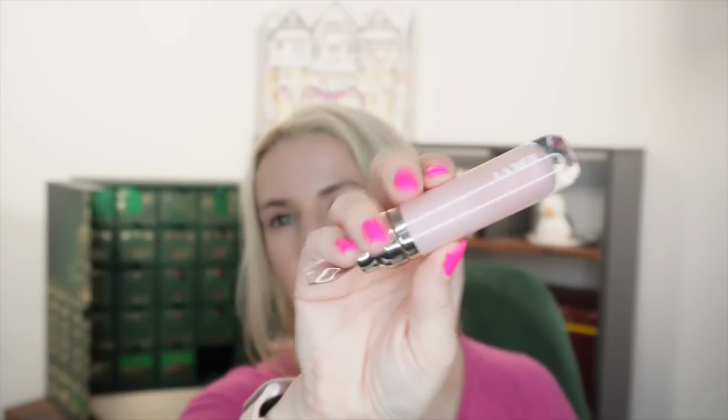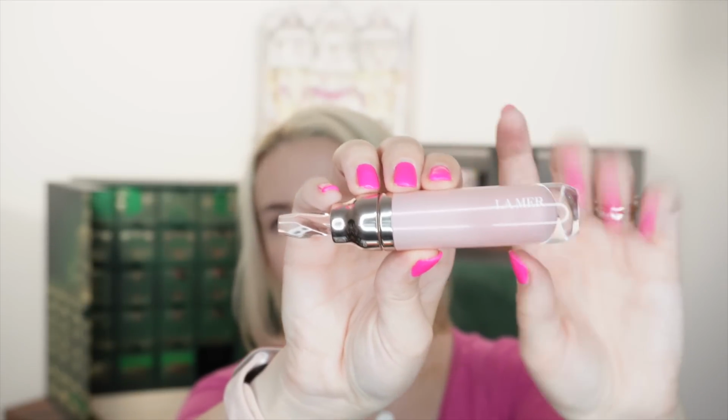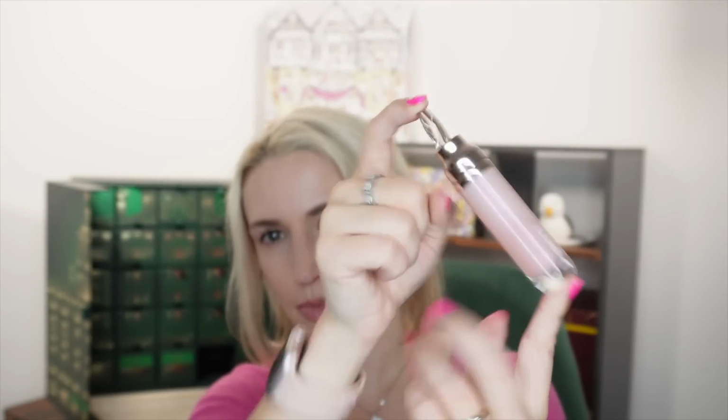They do actually sell this in a few different shades, but in the calendar, in this year, it's in the shade Sheer Gloss, which is a clear one. This, for me, I still reach for it a lot. I'm trying to be a bit careful with it because it's a ridiculously expensive lip balm, let's be honest. So I describe it more as a lip balm in this kind of fancy lip gloss tube packaging,